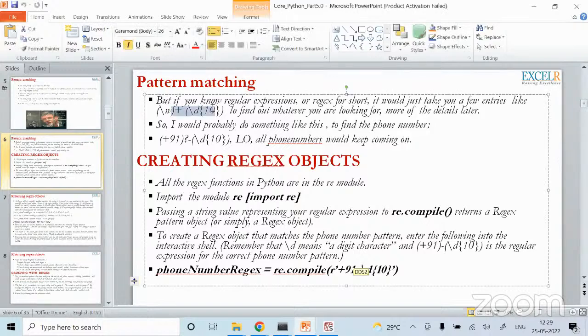So this is for the phone number. As simple as that, this backslash d represents a digit. Okay, so I am looking for a digit, and in these curly braces, you can say how many digits should be there. As simple as that. So wherever you see a digit, followed by, obviously, this backslash s is white space. Okay, so obviously there has to be a white space, right? Otherwise, let's say it's a 20-digit number,